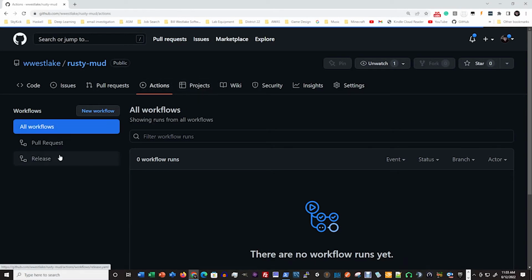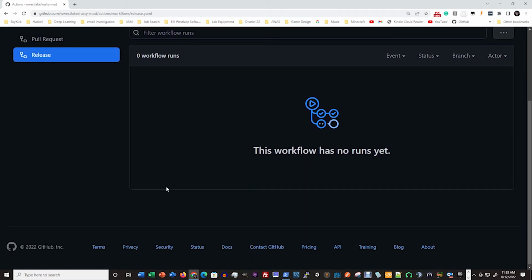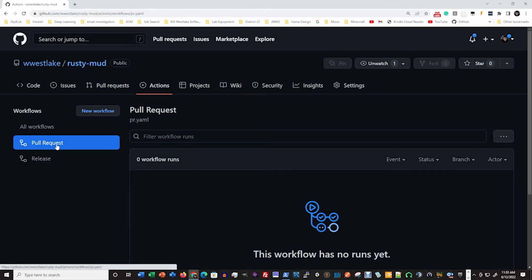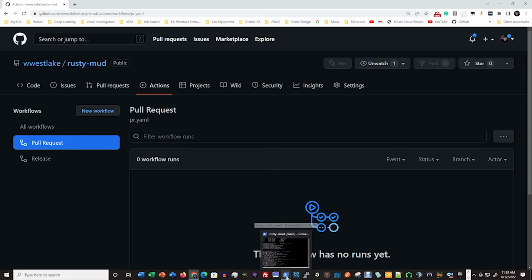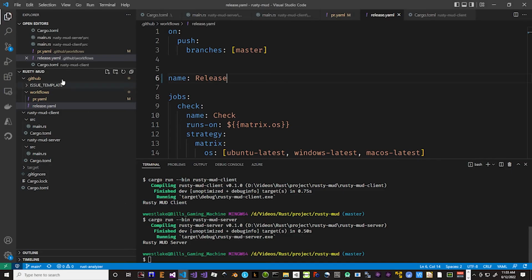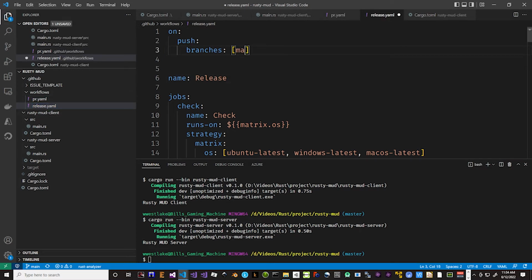So if we go here to actions, we have pull request and we have release. And I just pushed to, oh, you know why? I need to edit those. I knew there was some edit that I had to do in them, and I'll show you what it is. Let's go back to here. Okay, this on pull request branch main, on release branch main,